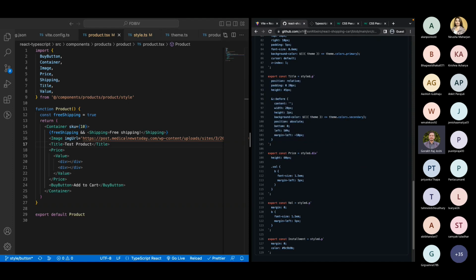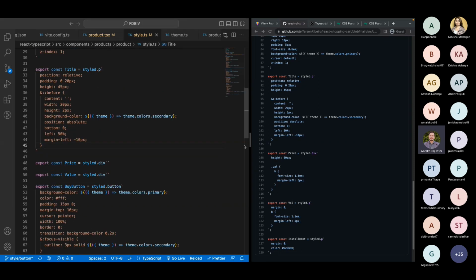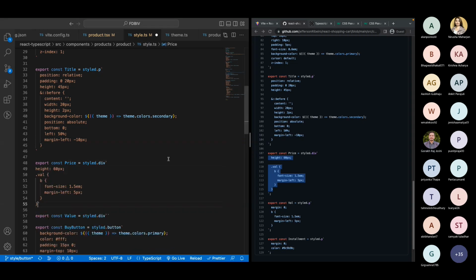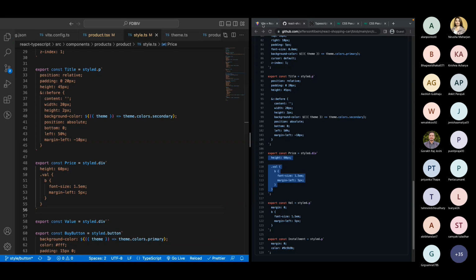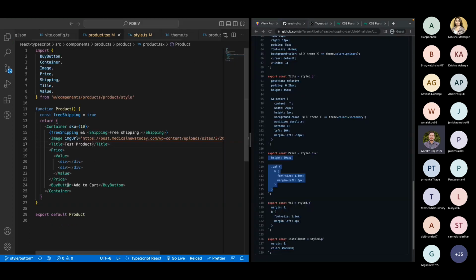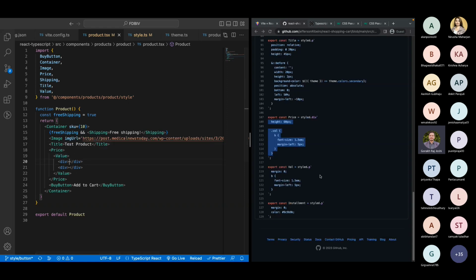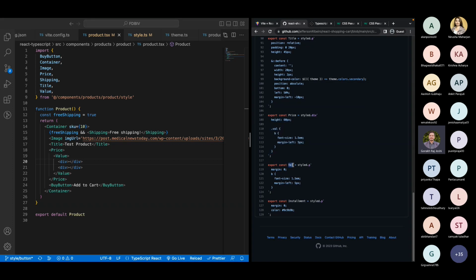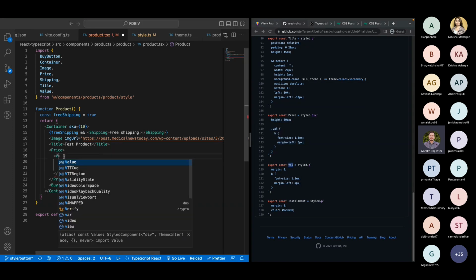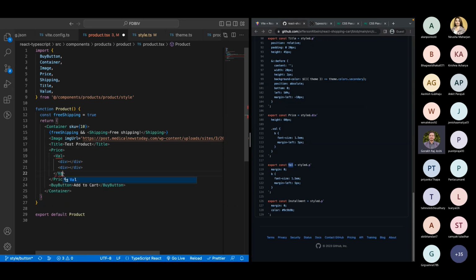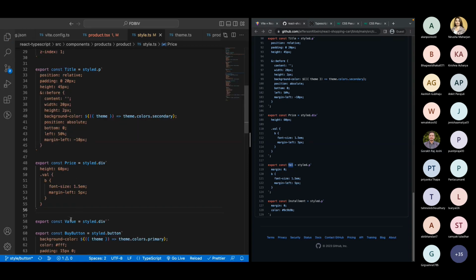So let's go for price. Do we have price in our case as well? Yeah, we have our price. So let's go and apply CSS for price. This CSS is for price. So we don't have any price right now. Maybe we can write some, we have some value inside price. This is for that value. It is VAL here. You can just make this as well if you need. Otherwise you need to change here as well and change here as well, this one, and then we will use this